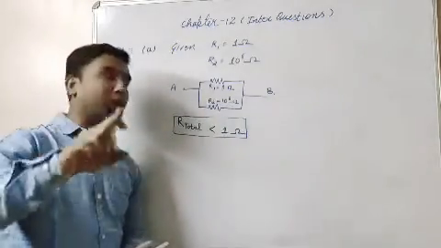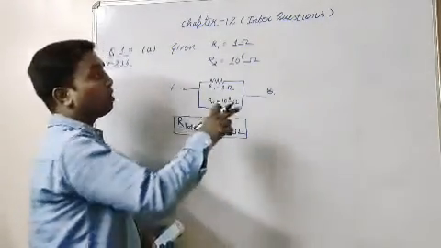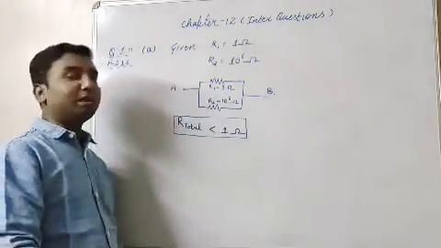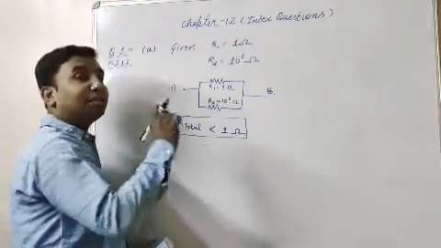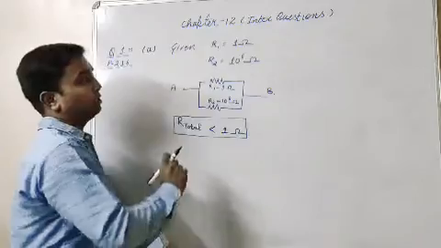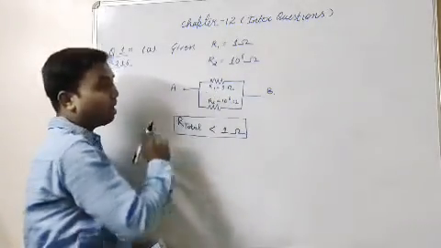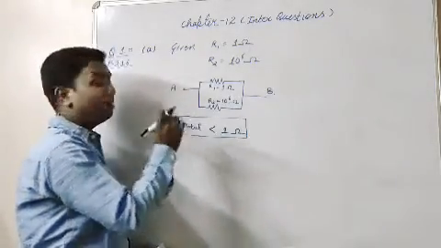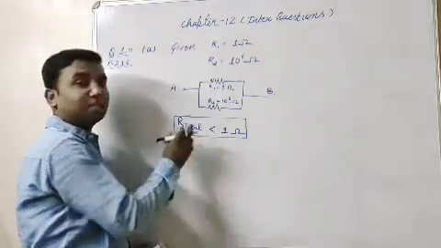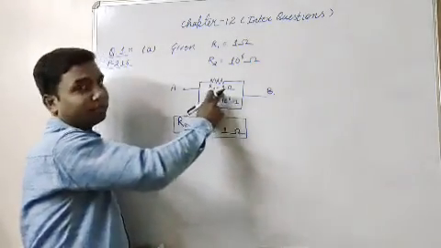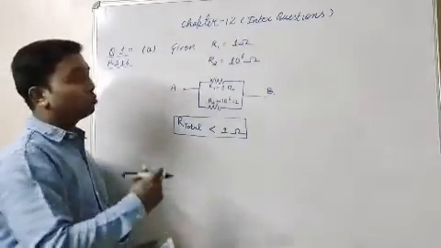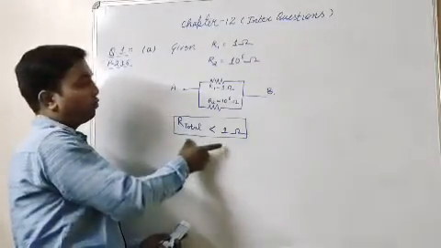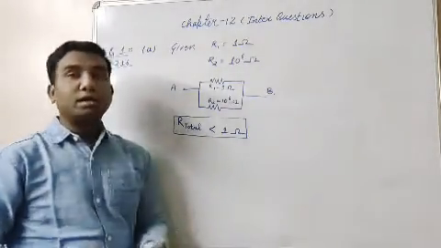Judge the equivalent resistance. So you have to remember, whenever we connect 2 or more than 2 resistances in parallel, the resultant or equivalent resistance would be less than the minimum value of the resistance in the combination. In this combination, this is R1 and this is R2. So what is the minimum value? 1 ohm. So the equivalent resistance in a parallel combination would be lesser than the smallest value of the resistance in the combination. This is the answer of question number 1A. Now let's start with the B part.